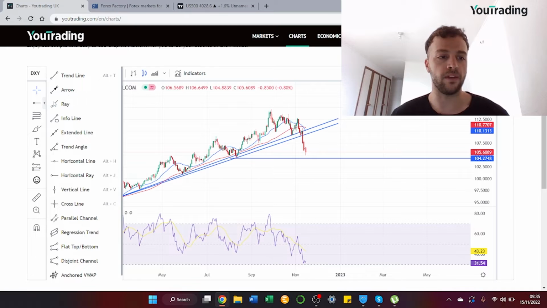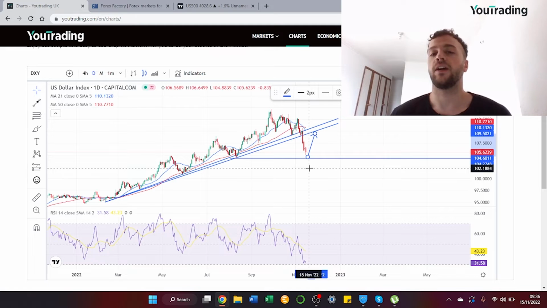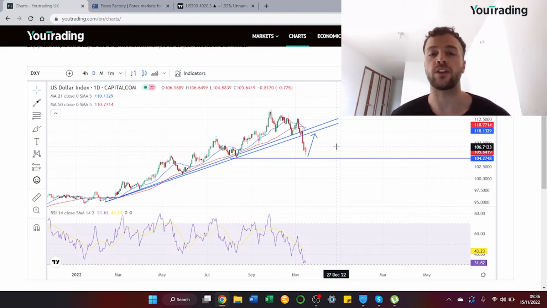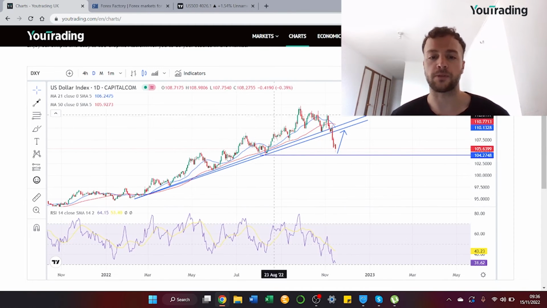You can see the DXY here, not quite in oversold territory yet, according to the RSI, and I think there's every chance that we could hit this 104 or just above 104 level of resistance in the coming days. But the trade idea that I'm thinking about is, if we do see the dollar bouncing back, perhaps there's some risk off event that surprises us in the coming weeks, or maybe something happens with the Fed, or something happens with US economic data, perhaps the labor market data, which has been, and remains, very robust. Perhaps the dollar comes back a little bit.